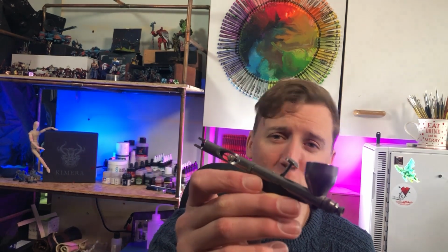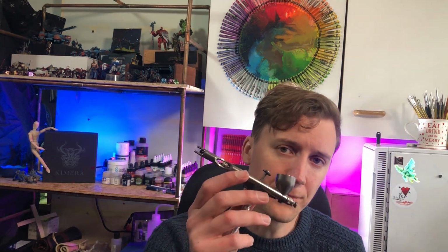So I've since upgraded my airbrush to the much more exciting sounding Badger Patriot 105 Extreme Edition, which sounds really exciting but it's actually a little bit more mundane. Again, I'll explain about it later on. So I started with this one, and I've now upgraded to this one. And I can tell you that over the course of this time, the two of these airbrushes and I have had some moments together. We've learned a lot, we've overcome some obstacles, and I want to share some of that